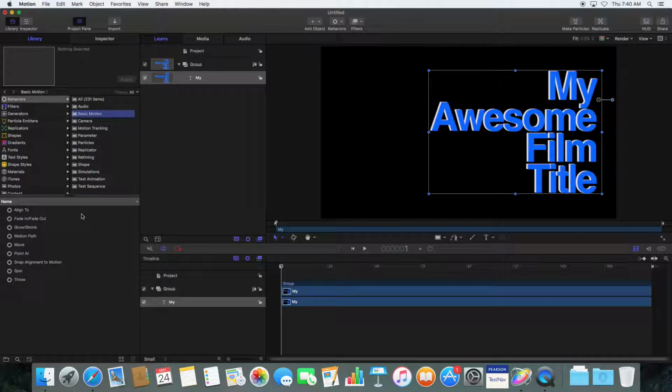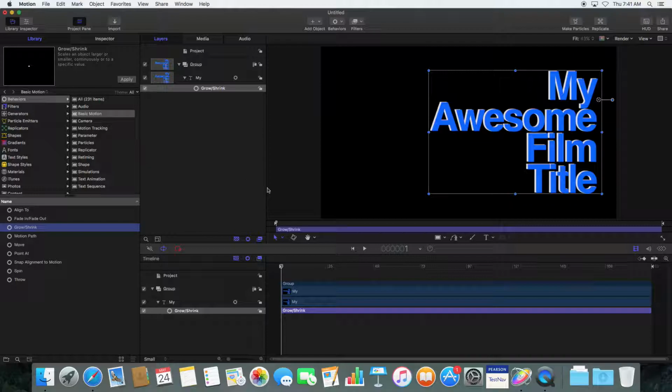But there's certain things that you can do to make this layer do something. So if you want it to grow or shrink, we could apply that. And now we have grow shrink on the layer. And if I apply it and I hit the space bar,